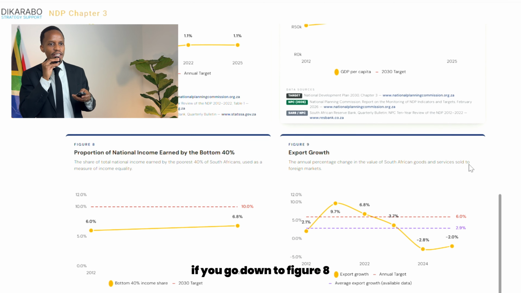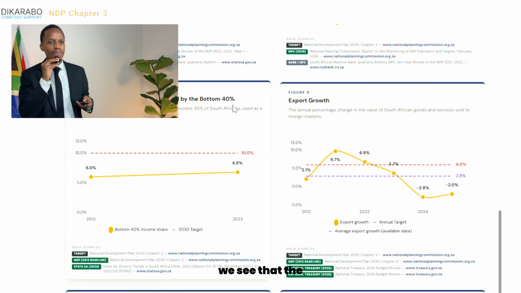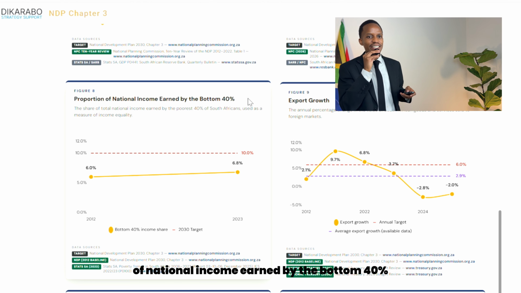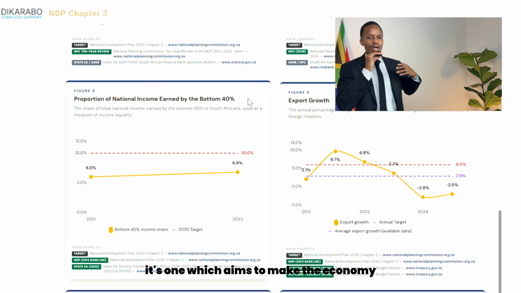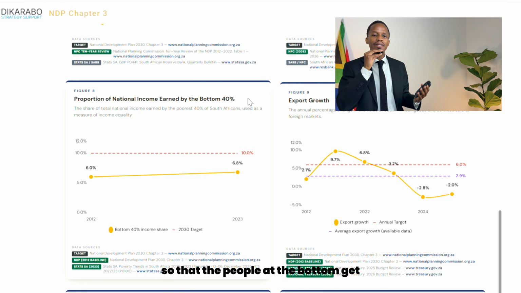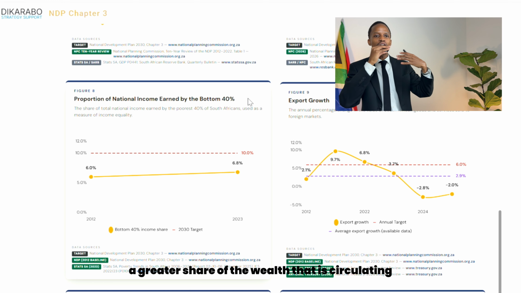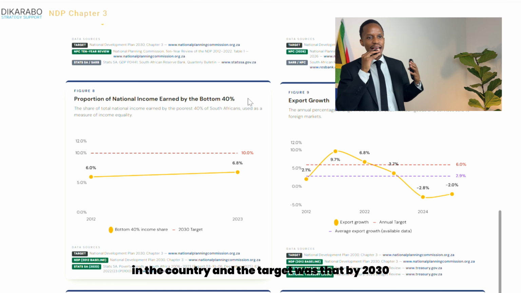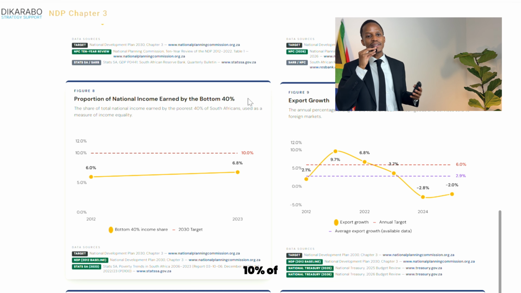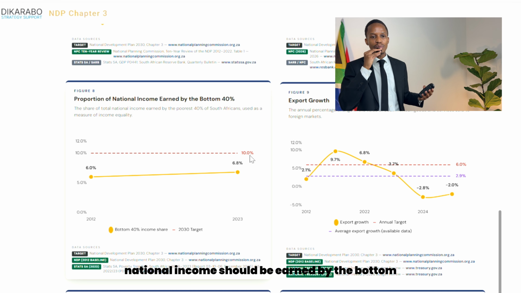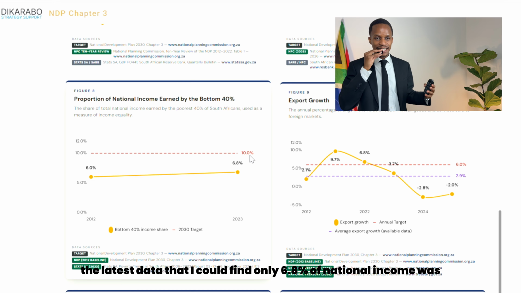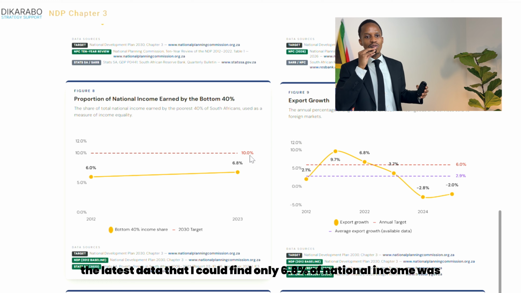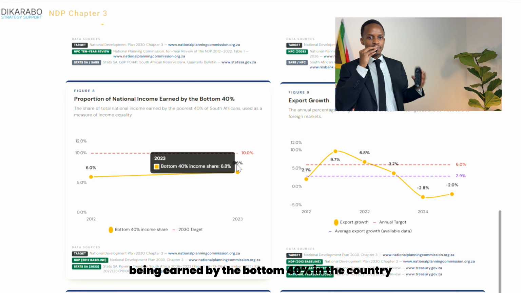If you go down to figure 8, we see that the next target has to do with the proportion of national income earned by the bottom 40%. This target aims to make the economy and the distribution of wealth more inclusive, so that the people at the bottom get a greater share of the wealth that is circulating in the country. The target was that by 2030, 10% of national income should be earned by the bottom 40%. And as of 2023, the latest data that I could find, only 6% of national income was being earned by